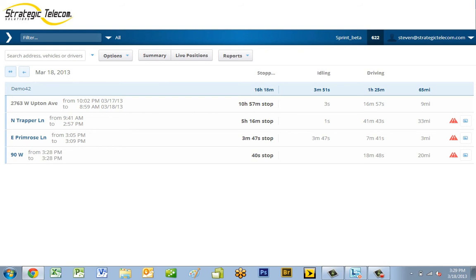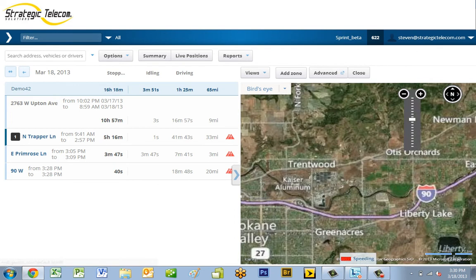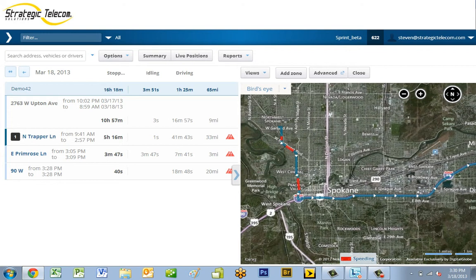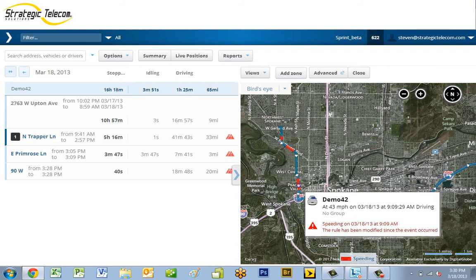to this location by selecting on the address directly or the zone name. And the map will then show me the route in which the vehicle drove to get to that location. Now as I zoom in here a little bit, I am able to see where the vehicle started from. Moving over, I can see the vehicle started up in this area and drove down, and I will also notice